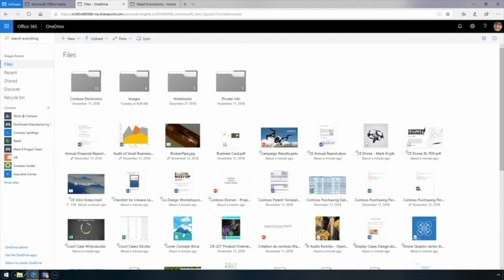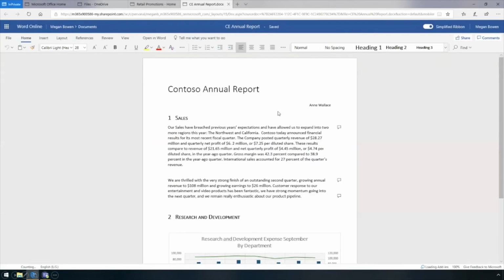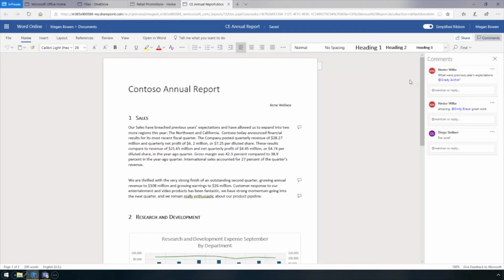And then this is where SharePoint and OneDrive for Business really become powerful, in the file collaboration. So Megan has this annual report that she collaborates with other individuals on. She can create a comment and mention other people in the organization. For example, she's going to mention Alex and say, hey, Alex, please go ahead and review this document. As soon as she sends that comment, Alex gets a notification that says, hey, someone has commented on a file that you worked on. Alex can come in, look it over, and respond directly to that comment,